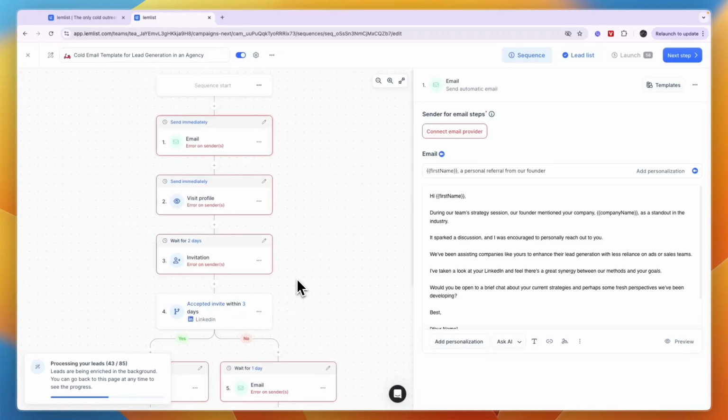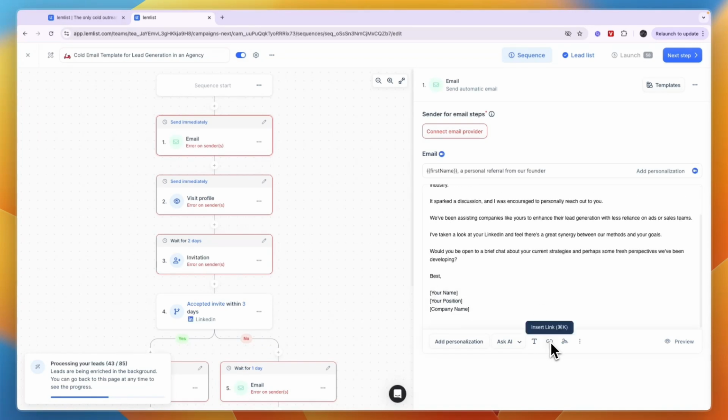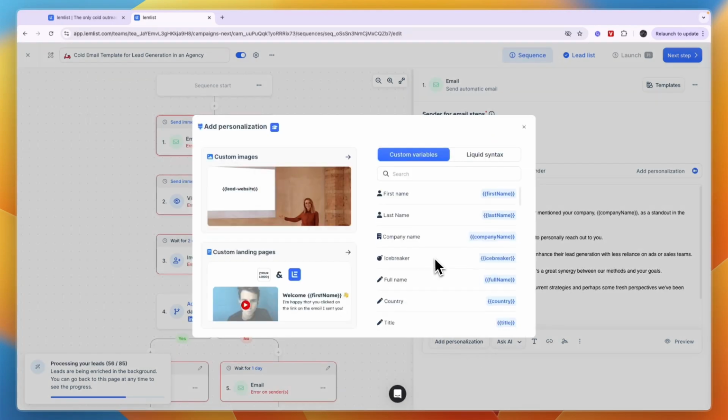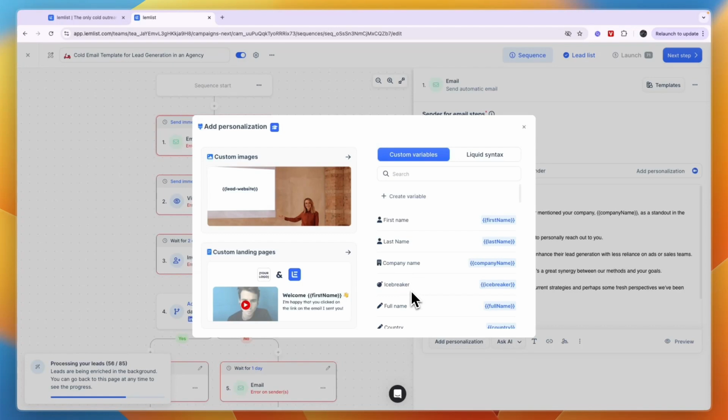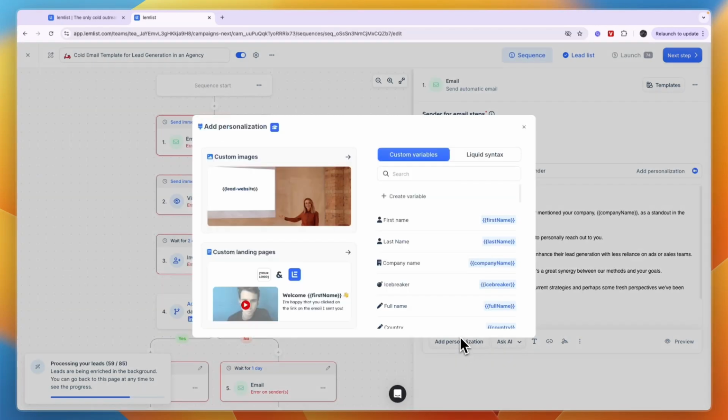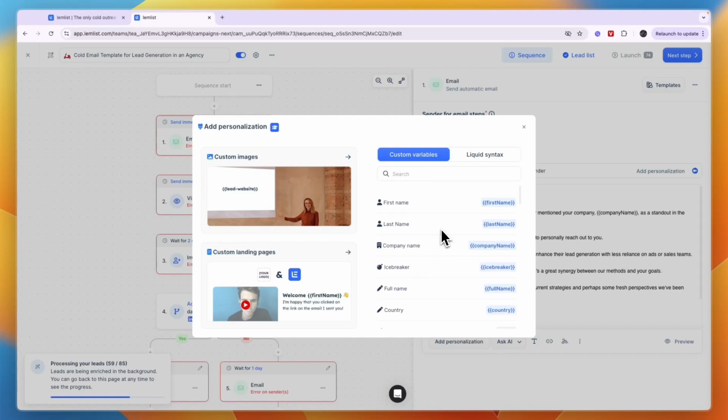And you can also send a test to yourself. You can also insert a signature if you want. You can insert a link, more paragraph, or you can add a personalization. So you can see they have some pretty insane personalizations. For example, an icebreaker right here. So if you click icebreaker, now it's added in a weird place, but it's just going to create an icebreaker specifically for the recipient. So I think that's really cool, but they also have other stuff such as company name,